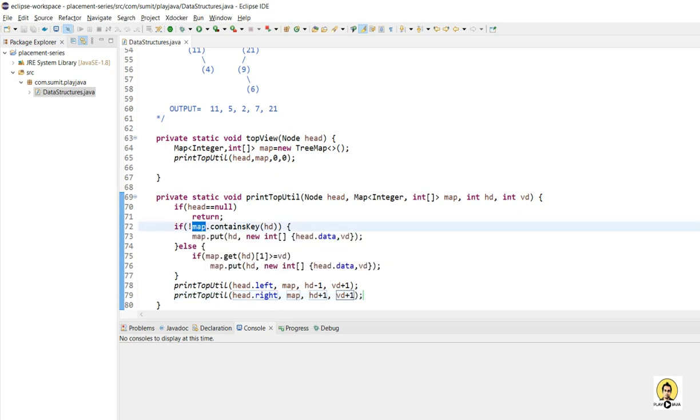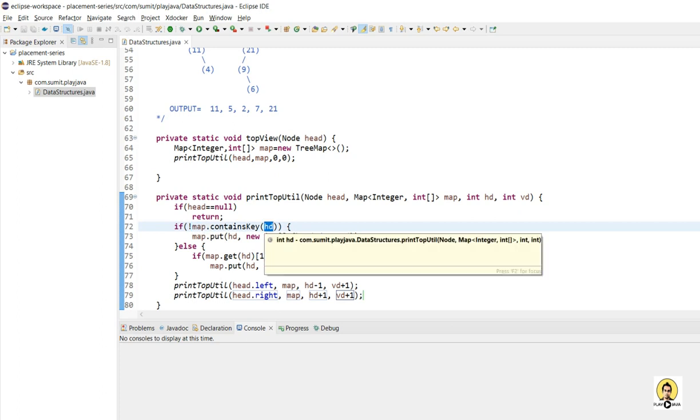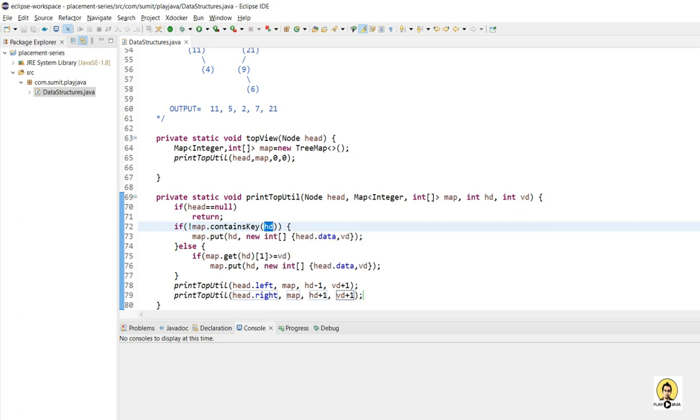Inside this map, I'll check whether it contains that horizontal distance. If it does not contain it, as I put it here, then simply I am adding it. If it contains, then I need to check whether this vertical distance, that is first index data, is greater than this vertical index, or you can say vertical distance. If it is greater, then I need to replace it, because this current vertical distance is less, so it is coming in the top. So I need to replace the existing data,